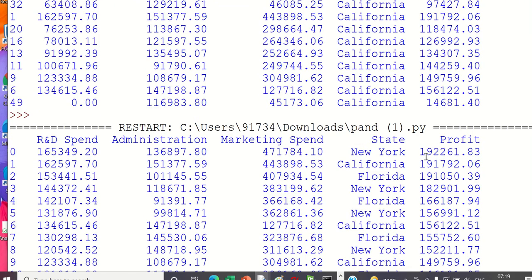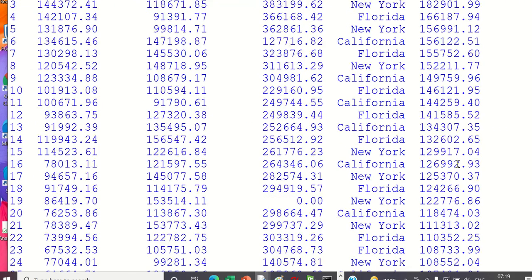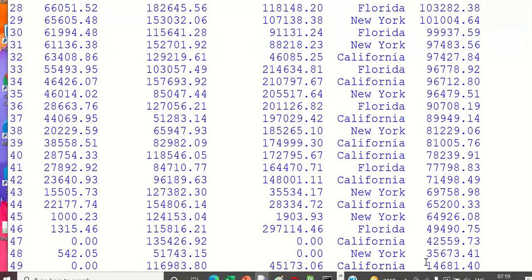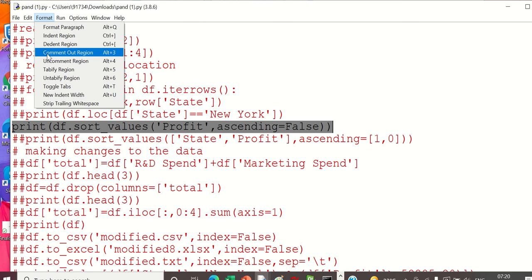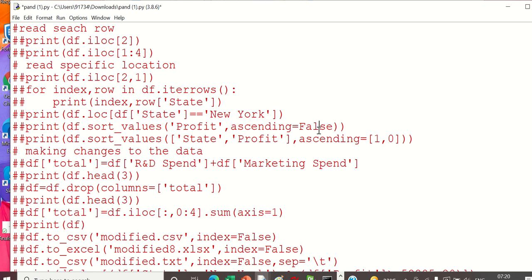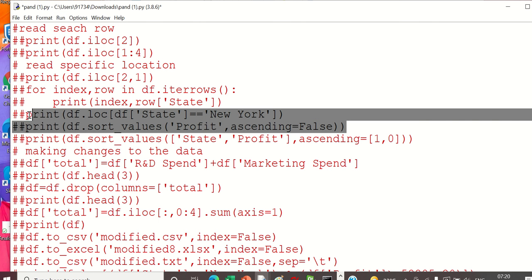So you can now see profit. Highest will come here. Slowly, it will show. Yes. So this is super control over your data. If you have to do all these things using normal Python, you can imagine hundreds of lines you are writing for this. I will share all these commands so you guys can try.